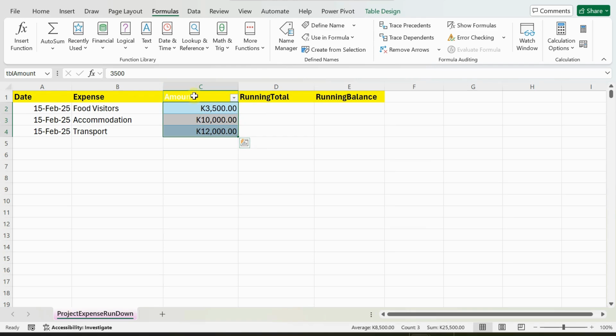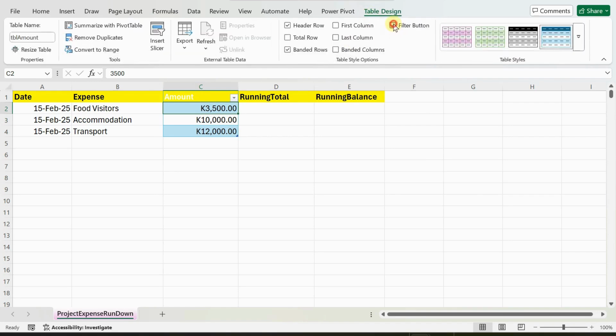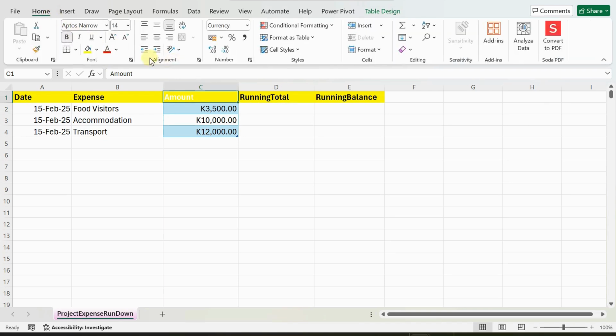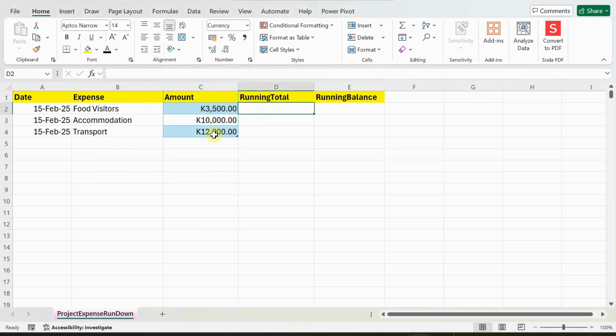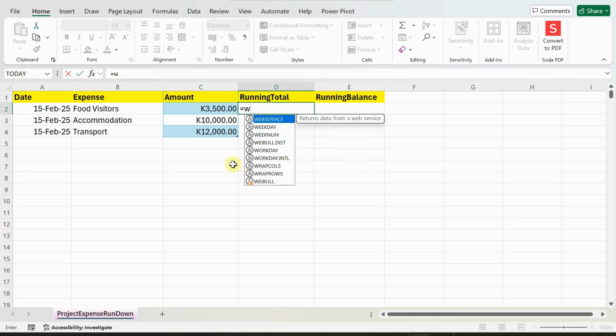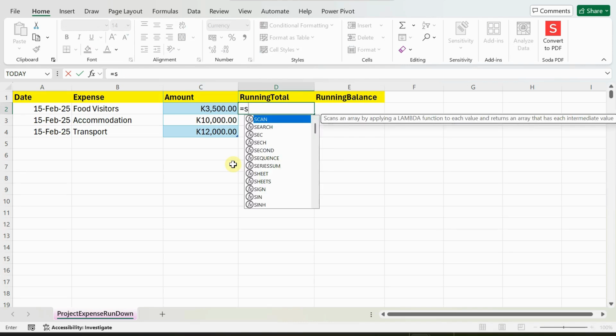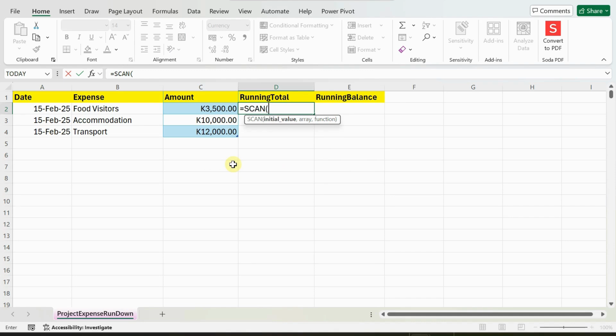So now I'm going to remove this table design, remove the filter button. I'll just change this to black, so make it consistent with the others. So now it's done. Now you'll see what happens. We're going to go for scan again. Okay, scan, and the initial value will be 0, and our value or the array table will be